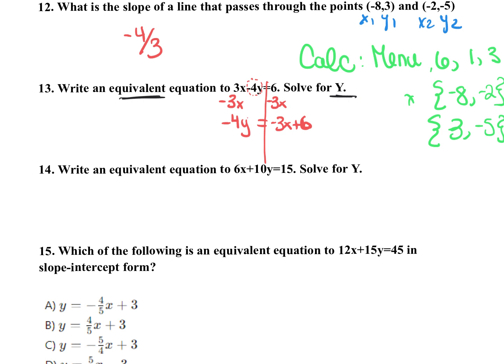I want to solve for just the y right here. So the y is multiplying with the negative 4. So to undo multiply, I'm going to divide by negative 4. And over here, I divide each piece by negative 4. So if I type this in a calculator, y equals negative 3 divided by negative 4 is going to come out to 3/4 x. And then 6 divided by negative 4 is going to get me a